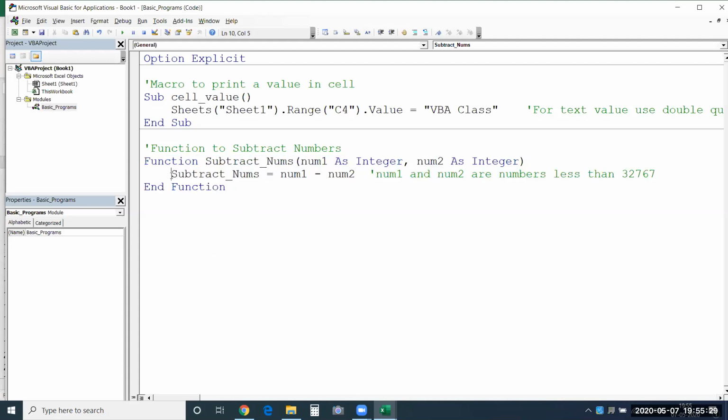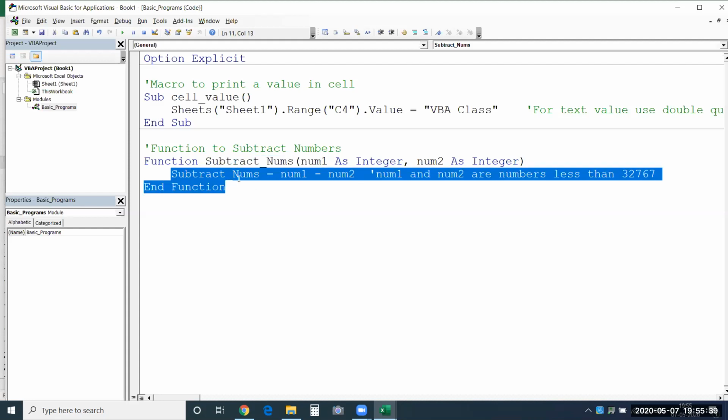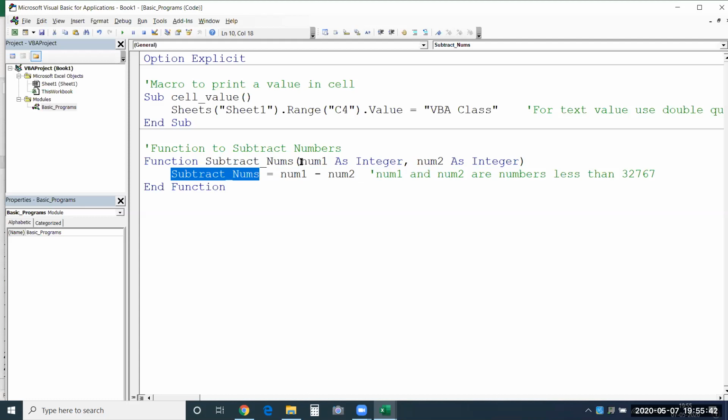In this function, whatever name you are using for the function, the same thing will be assigned with the calculation. You see here, I have used the same name of the function over here. What should this function return? It is taking input of num1 and num2 and subtracting it. I have taken a very simple example here, and it will be stored in this. Wherever you use this function name, that is where this value is provided, num1 minus num2.